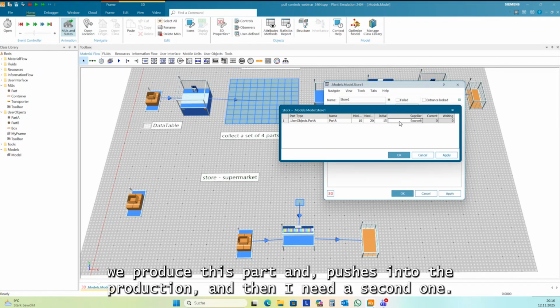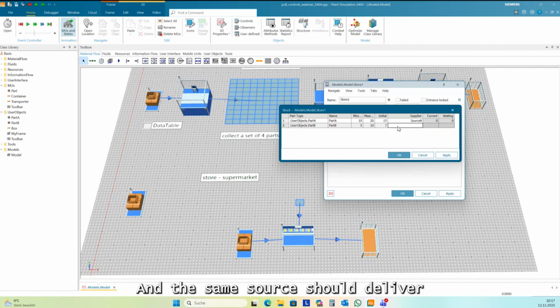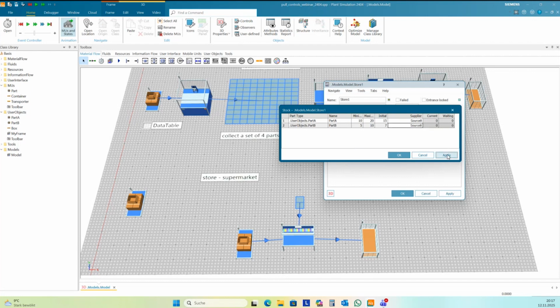And then I need a second one. This is part B. Maybe minimum 5, maximum 10, and we have 7, and the same source should deliver this. And now it works like a Kanban.